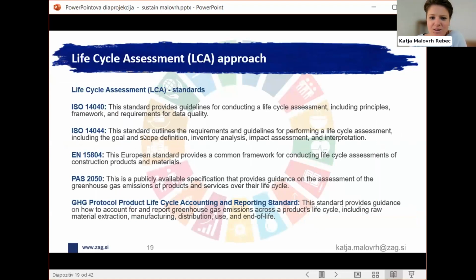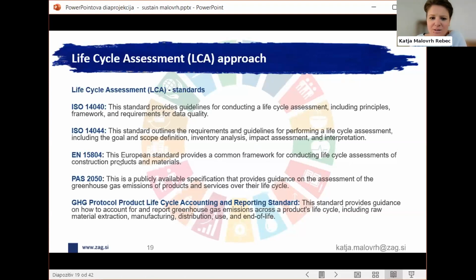The first one is about just the basic framework of the LCA. Then the next one, we introduced the goals and the scope definition, inventory analysis, impact assessment, and also interpretation. So these are the four main phases of LCA. And then the third one mentioned here, which is also EN,